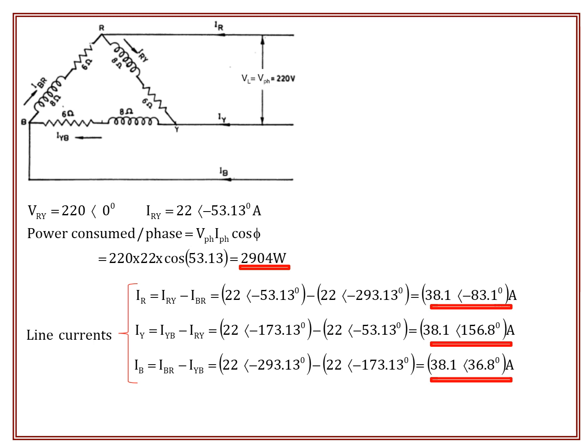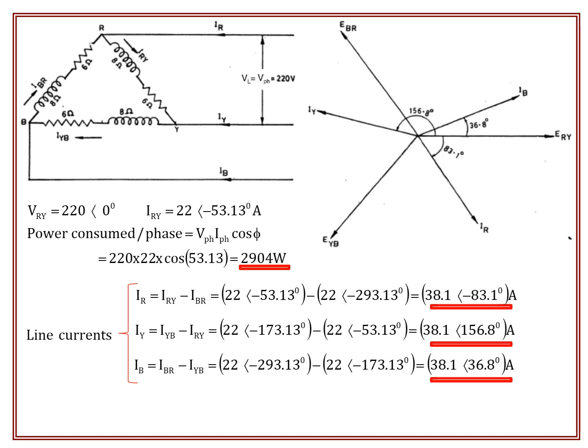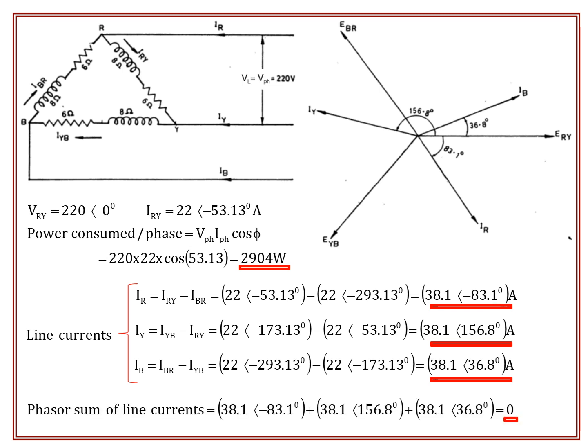Now we have the values of three line currents. Looking at the values of three line currents, we can see that the magnitude of three line currents are same and they are displaced from each other by 120 degree. Here we can also draw a phasor diagram using the magnitude and phase values of various line voltages and line currents. Third part of question is to calculate the phasor sum of line currents. Adding the line currents, we get answer as 0. We always get answer 0 for a balanced three-phase system, since the line currents are equal in magnitude and displaced from each other by 120 degree.